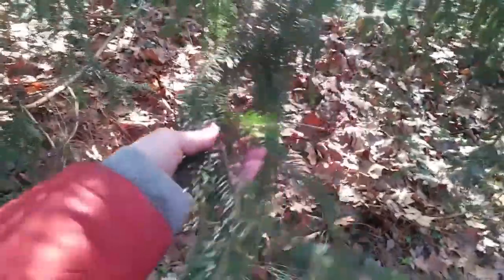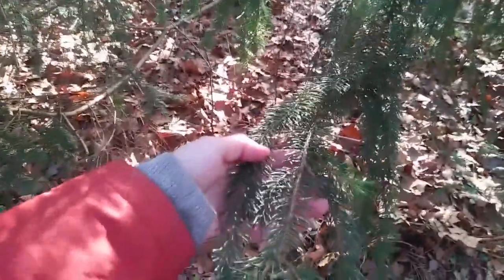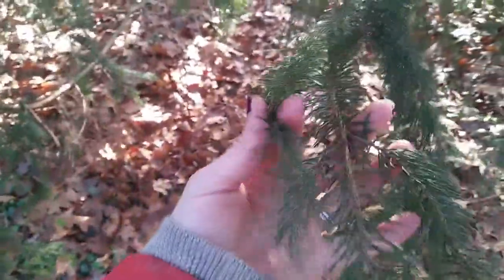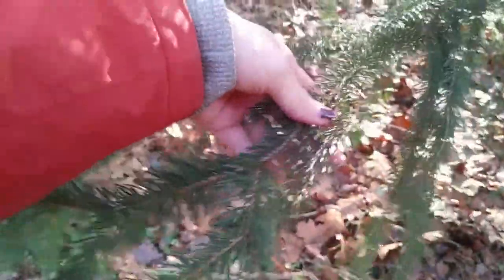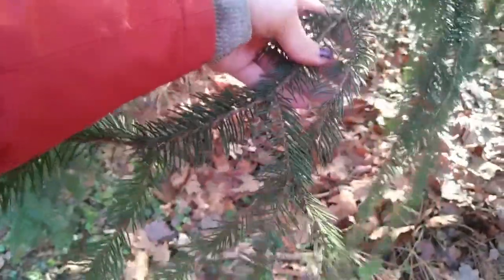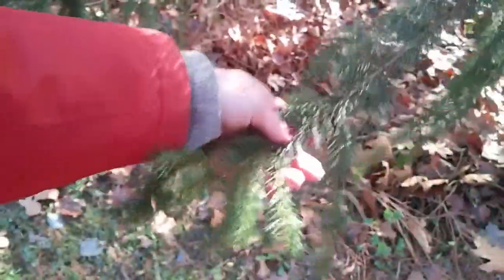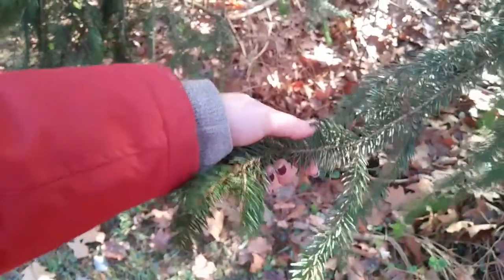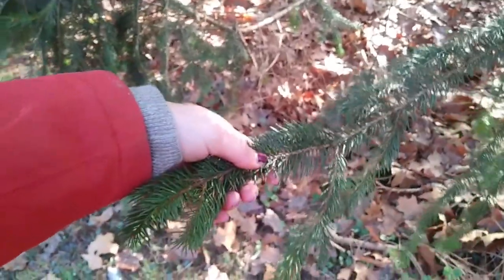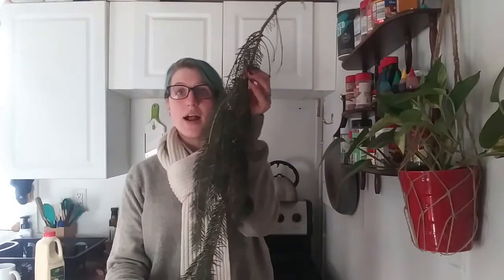So today, for foraging our spruce, you're going to want to be using the needles. We are going to steep these needles in our milk for the eggnog to get that nice Christmassy taste. So you're going to want to harvest a whole entire branch. Then we're going to take the individual needles and use them like a tea or a loose leaf tea for our eggnog